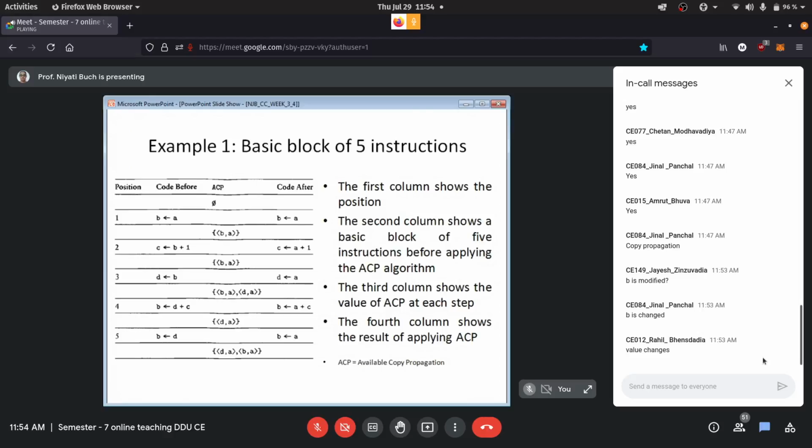Now going to the last, fifth instruction, we again have an assignment of D assigned to B. We know that D can be replaced with A, so our new code will be A assigned to B. Again this is an assignment of the form value of X is assigned to Y, so we have an entry into our ACP, and ACP is B comma A. Are you all getting this one?